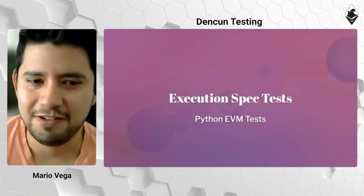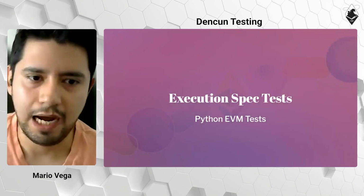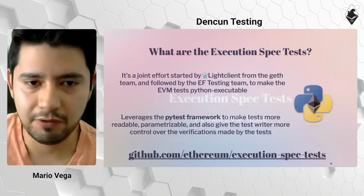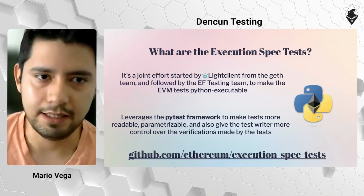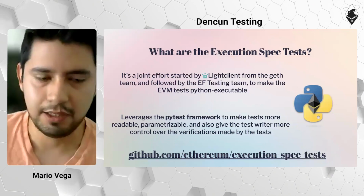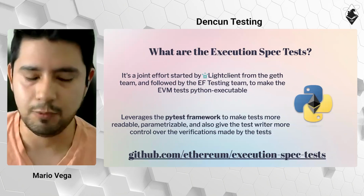Yes, thanks. So I wanted to zoom in a bit on the source of the Hive testing. We do a lot of functional testing for this fork, a lot of spec-related testing. And the source of all of this testing is basically this new execution spec test repository that we have. So, looking a little bit at the history of how the EVM was tested before, we had the